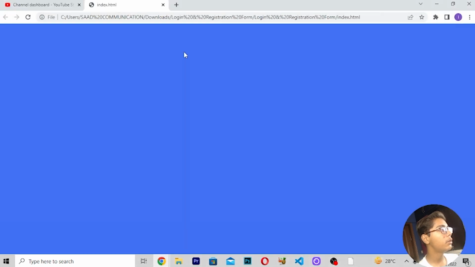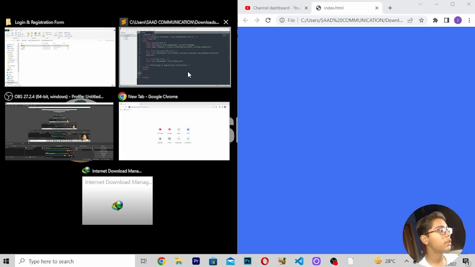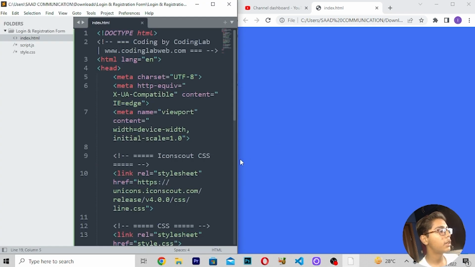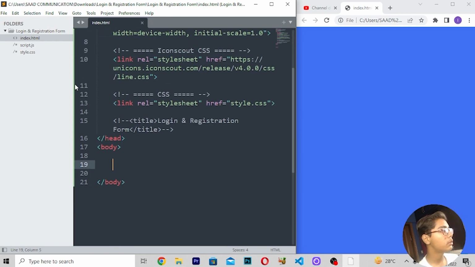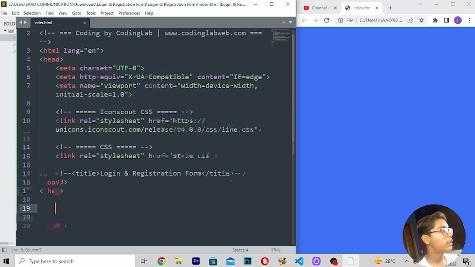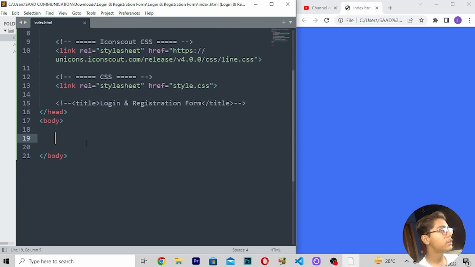Then here if I open, you can see it is totally empty. So here I will be doing it side by side like this. So you can see we have just done that. Now you have to do it side by side. Now I will be doing one thing. I'll be taking this panel small. Now we are just getting this body tag here. Now when you are getting this, you can see we are getting a background color which is looking awesome.